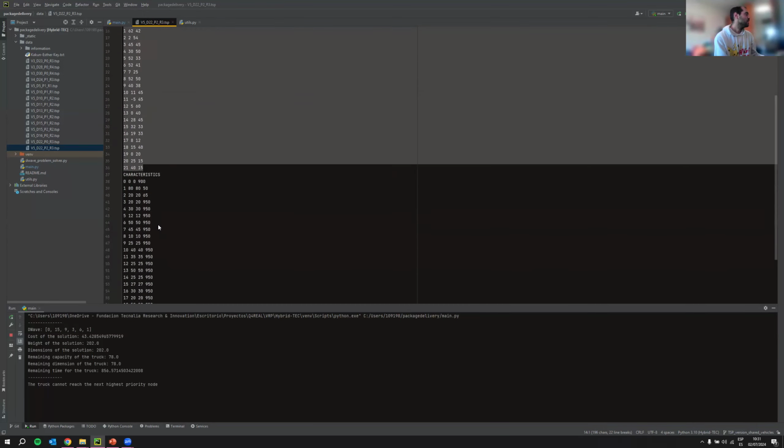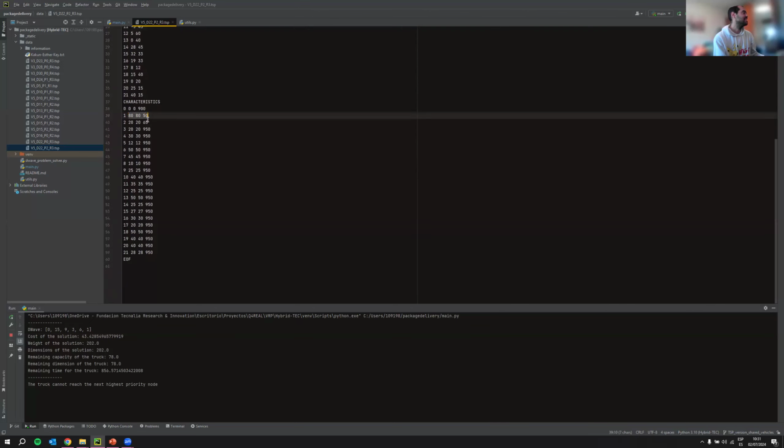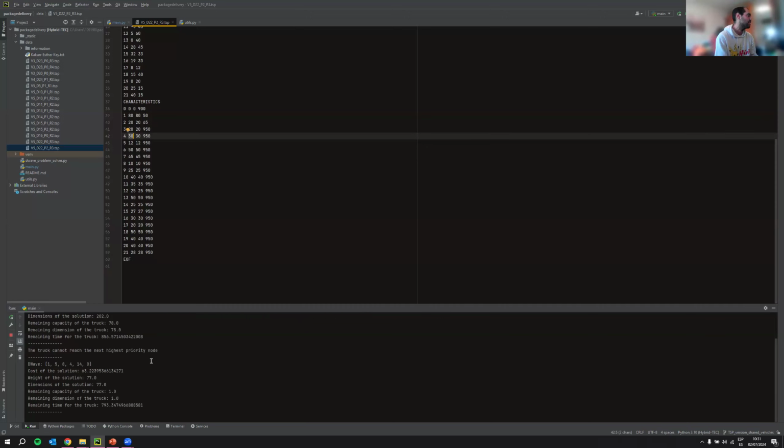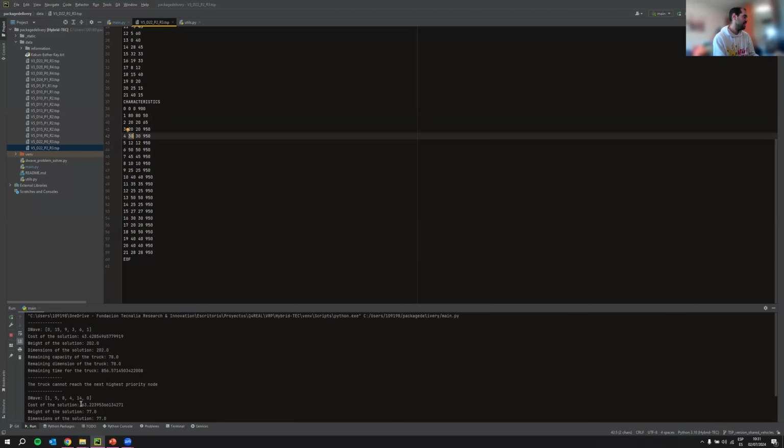And finally, we have the characteristics of each of the clients, the characteristics of all the packages. For example, client 1 has a package of 30 kilograms, and the dimensions are also 30. So now the solution is being calculated.